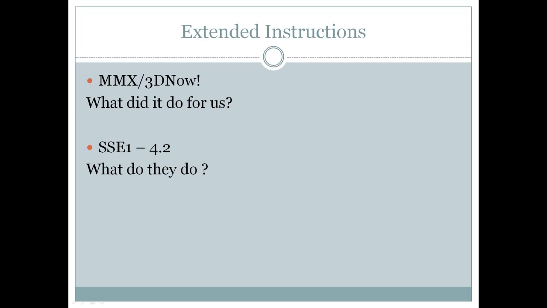Instead of extended instructions, what they actually do really isn't that important. What it did for the industry is a little more important. MMX stands for a multitude of things. Intel actually says it stands for nothing, but you can look at it as multiple matrix extension, or matrix math